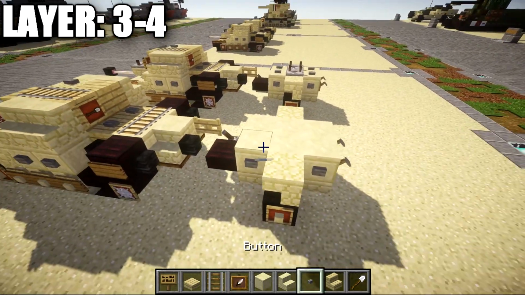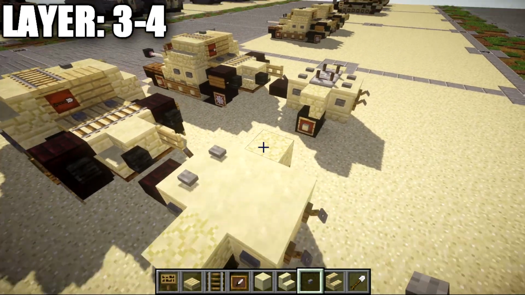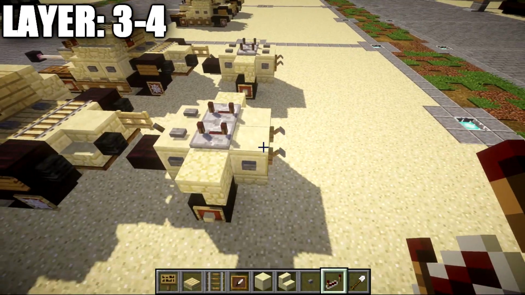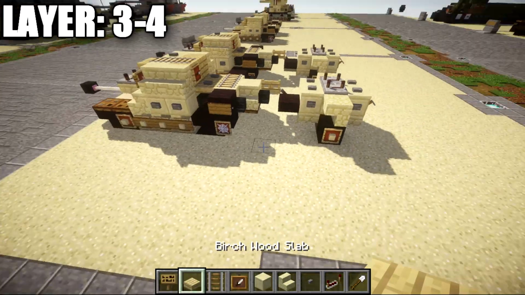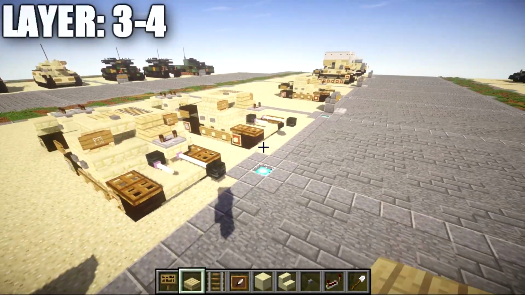Going back to this section here, we're going to go and take our stone buttons, place down 1 and 2 stone buttons across. We then want to go ahead and place down 2 redstone repeaters, and we're going to flicker the notches so they're all the way back like that. And then we just lastly want to take stone buttons again and place down 1 and 2 stone buttons across there on the back of the trailer. And once you have that all complete, that's going to do it for the